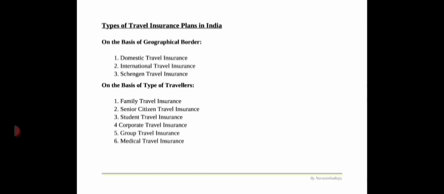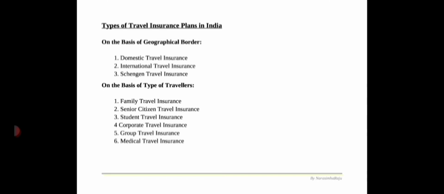And coming to Schengen travel insurance, it is a customized overseas travel insurance that covers people traveling to one or more than one Schengen country. For example, a European trip which consists of various countries in the European nations. That type of insurance can be called Schengen travel insurance. It protects the insured travelers from any unforeseen emergencies that may lead to financial losses. It includes loss of passport, delay in check-in bags arrival, loss of check-in baggage, personal liability, personal accident cover,